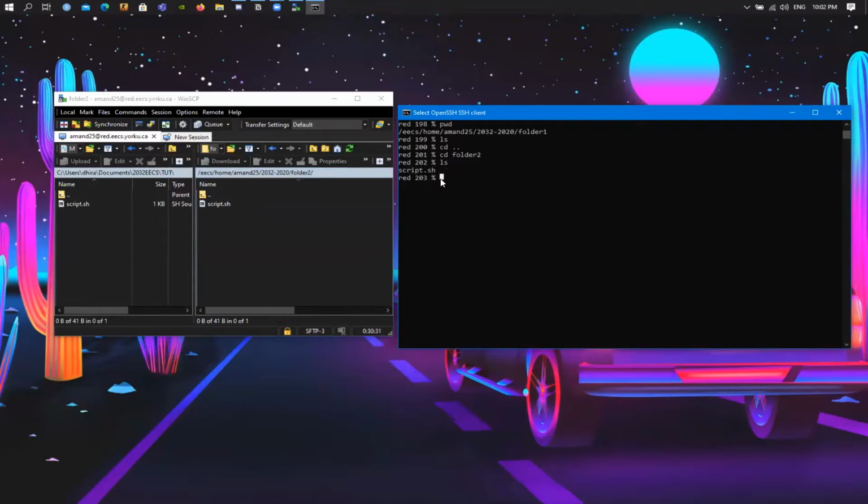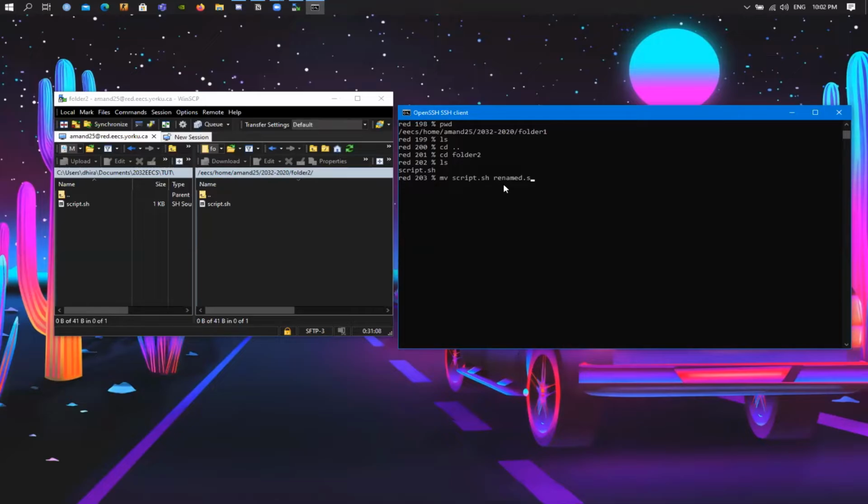Now, the mv command right here can be used for renaming files as well. What I mean by that is, if you were to do script.sh, you can rename this file. Instead of just putting a parameter to move it somewhere else, you can move it, but also change the name of it. So let me just give an example before I go over to cp actually. If I were to do mv script.sh and then rename it to renamed.sh,